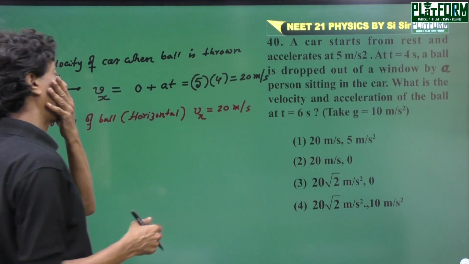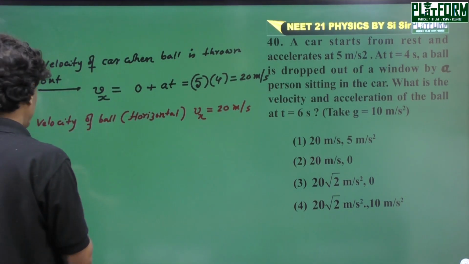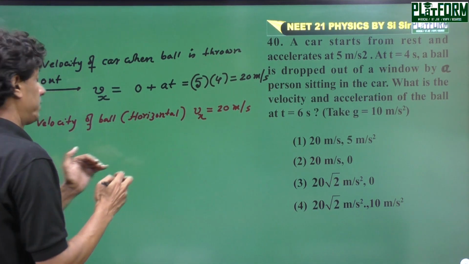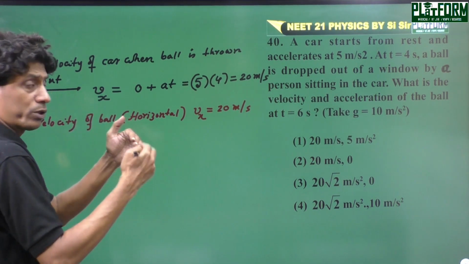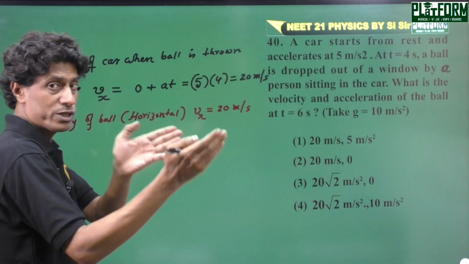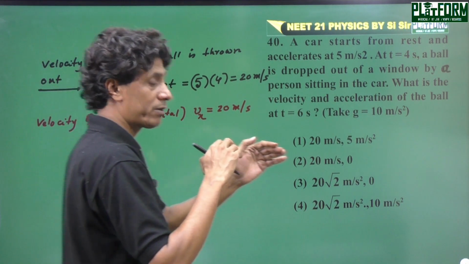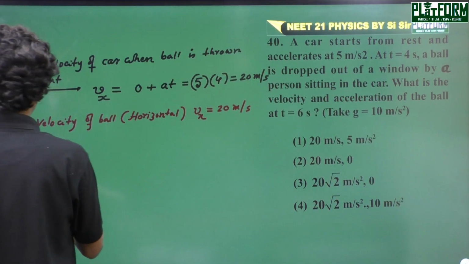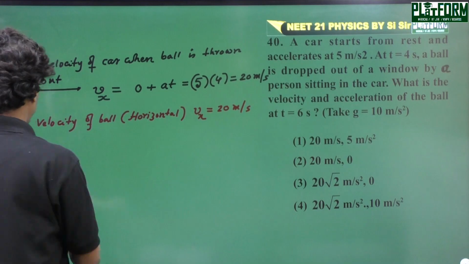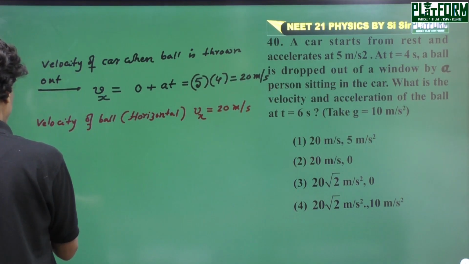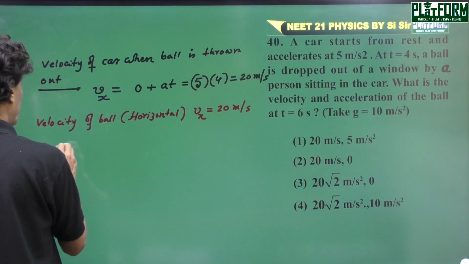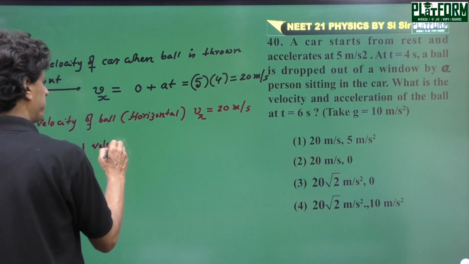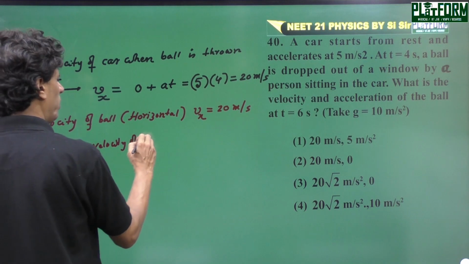Okay, and after 6 seconds, basically after 6 seconds, when the ball is thrown out after 4 seconds, we have to calculate the velocity of the ball after 6 seconds. But due to the gravitational acceleration, the vertical velocity of the ball